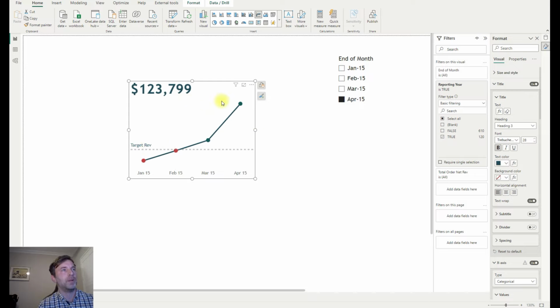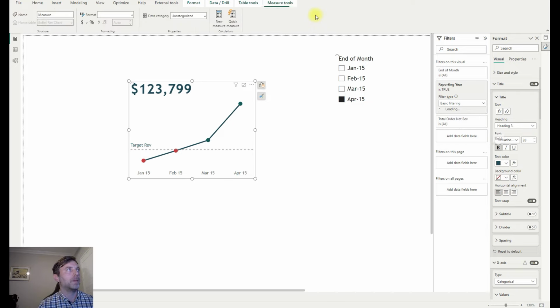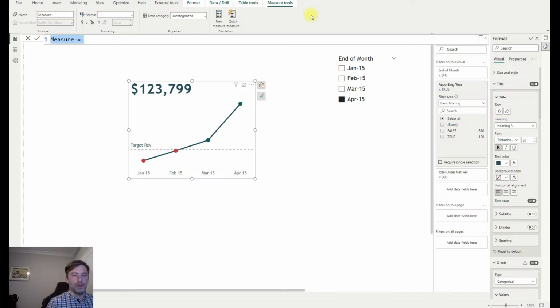So our next step is to create the subtitle information. Okay, so we're going to create 3 additional values or measures. One's month over month, one's how we're performing against target, and then one is just the reporting year. All right, so first of all, we're going to do the month over month. So our reporting month revenue,